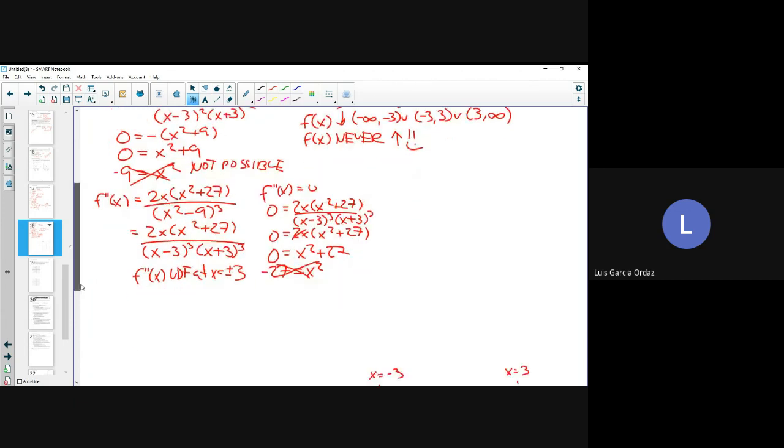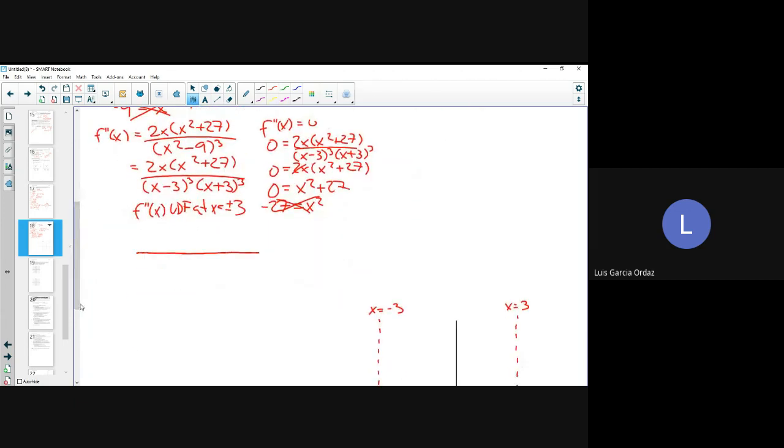So now I can do my sign chart. So f double prime of x. And it makes sense that my x is undefined at positive and negative 3 because I have vertical asymptotes there. So I found my y-intercept at 0 and 0. I know that at 3 it's undefined and negative 3 it is undefined. So now if I take an x value that is less than negative 3 and plug it into my second derivative function, I get a